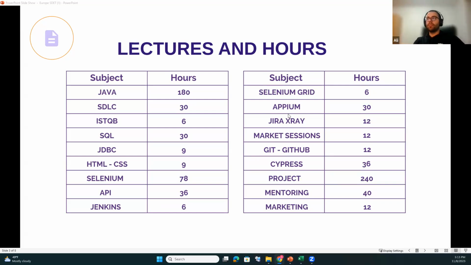And there is one more application that I want to talk about. It's called Appium. You can see here. This is for mobile testing, because as a tester, you need to be testing also different devices, like PC, mobile, and anything else there might be. So Appium is a tool for mobile testing. You're going to learn that for 30 hours. It's going to be really useful for your CV.